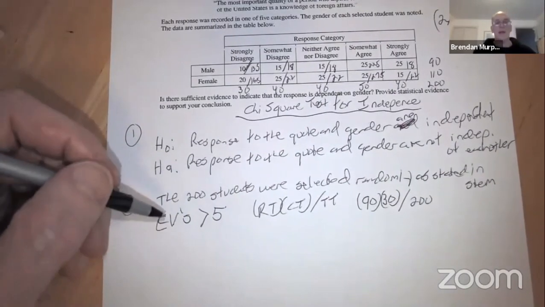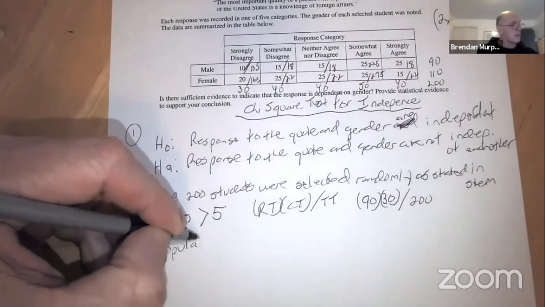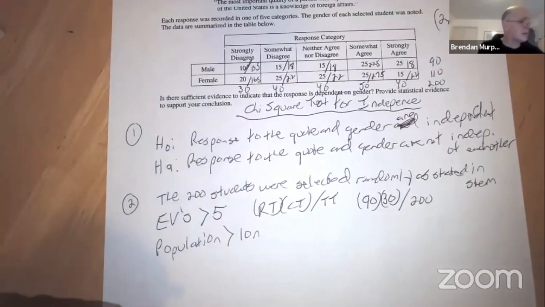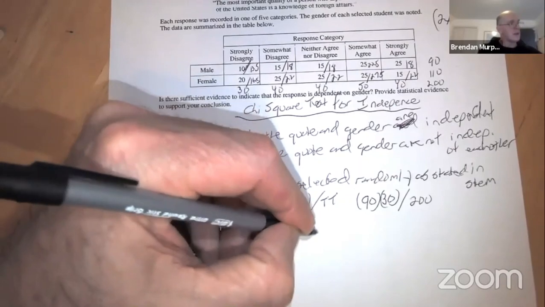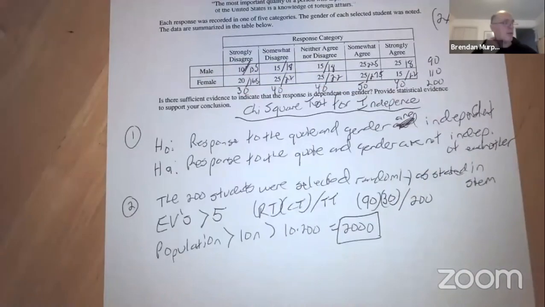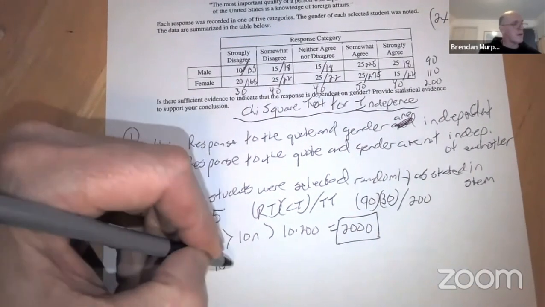So what's our third condition? That the population wants to be greater than 10 times my sample size. My sample size was 200. So 10 times 200 is 2,000. Again, I would probably want a sentence like, it is reasonable to assume